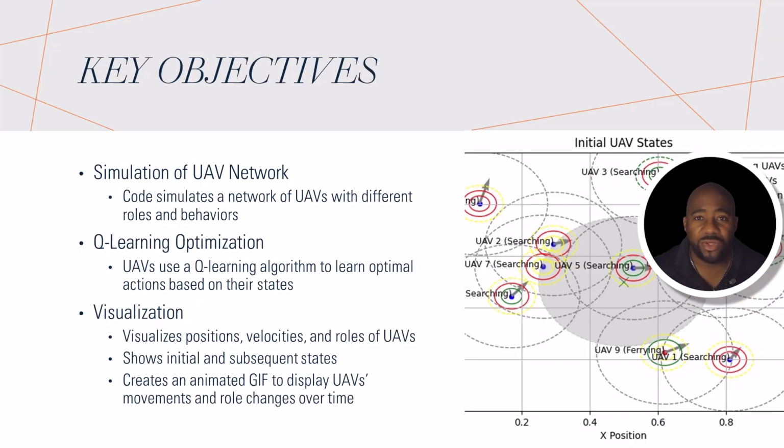So the way in which we can do that, we first had to create and simulate a UAV fleet network environment. We decided to do that by creating a kind of 1-by-1 grid, but we'll talk about the environment in a second. Just create a grid and stick some drones up there, randomly make them search drones and ferrying drones, and then watch their behavior.